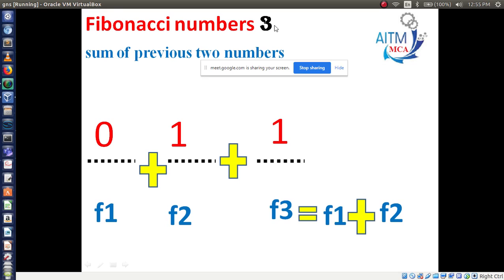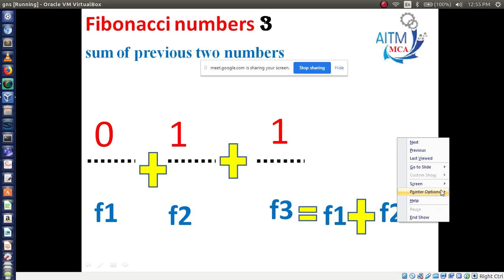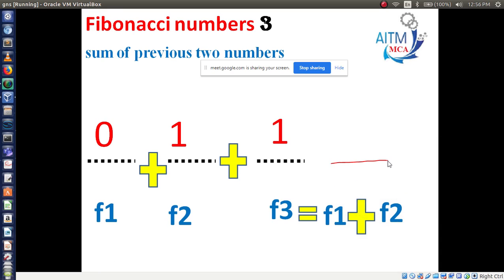If I say Fibonacci series of 4 here, what is the fourth number? 2. Instead of writing 3, I want to generate the fourth number, so I need 4 numbers. How can I get this number? Addition of previous two numbers, 1 plus 1.